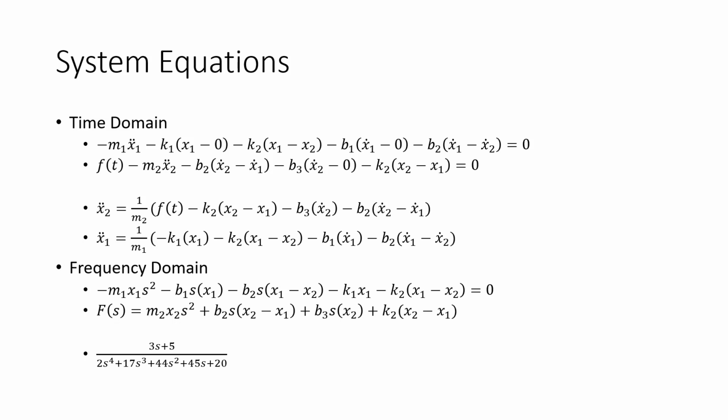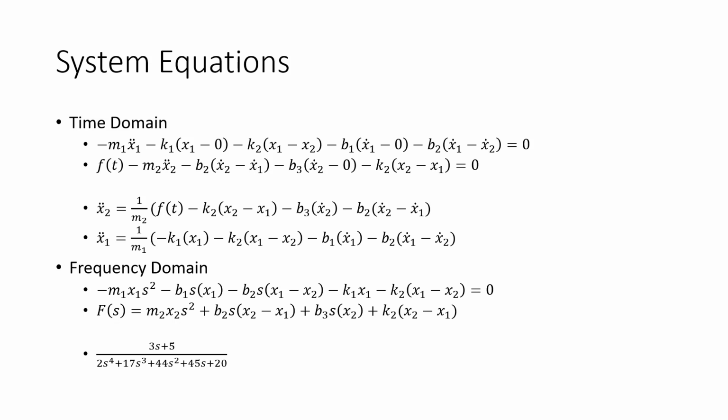The system of equations that can be developed from that example are seen here. In the time domain, we have the mass multiplied by x double dot, K1 and K2 multiplied by the x values, B1 and B2 multiplied by x dots. These are also gotten from x1, which is always the start for the first equation